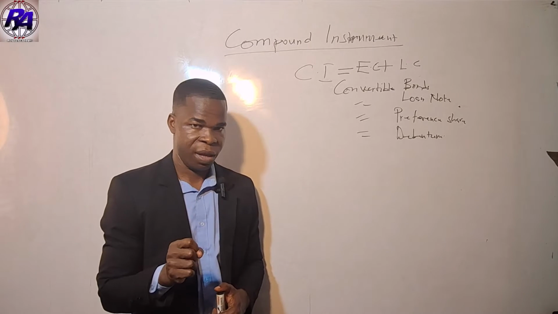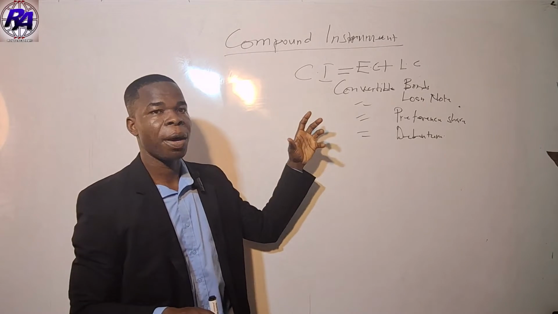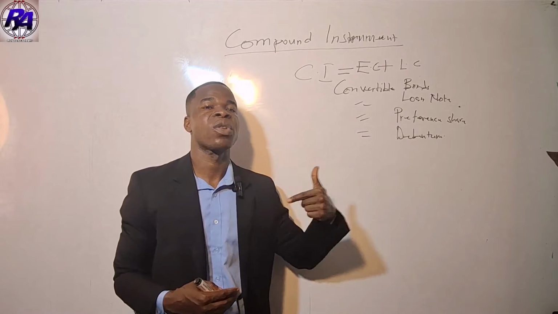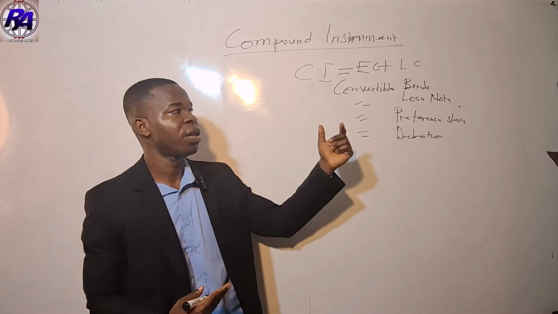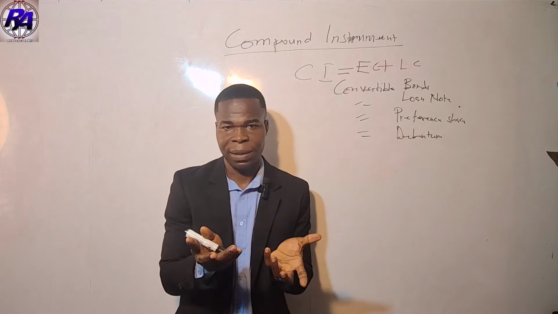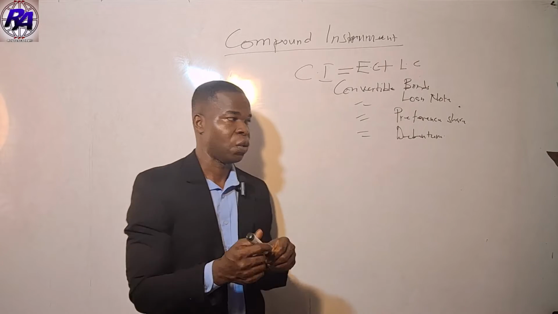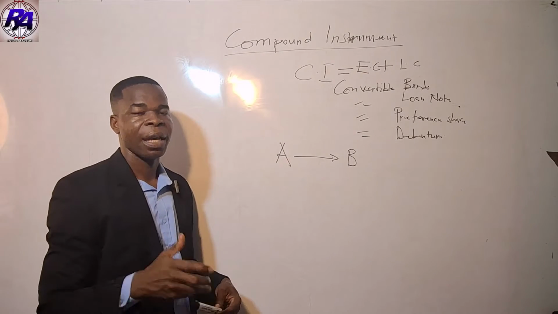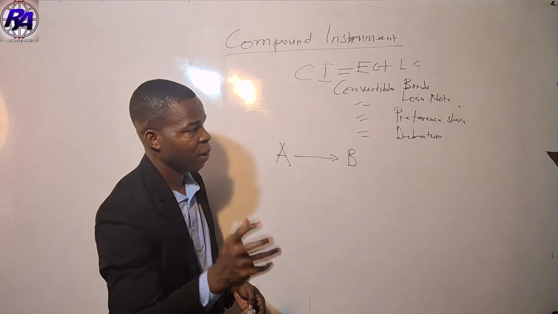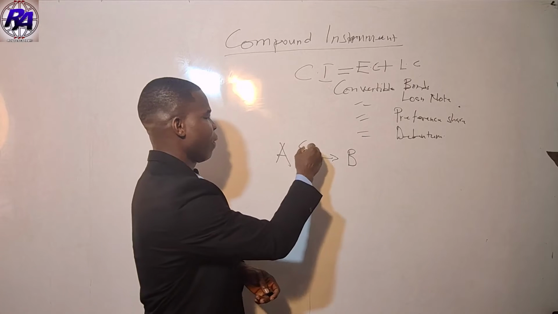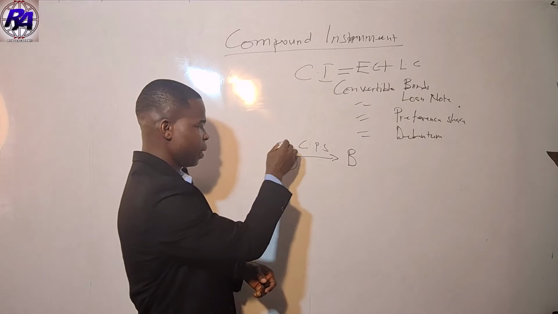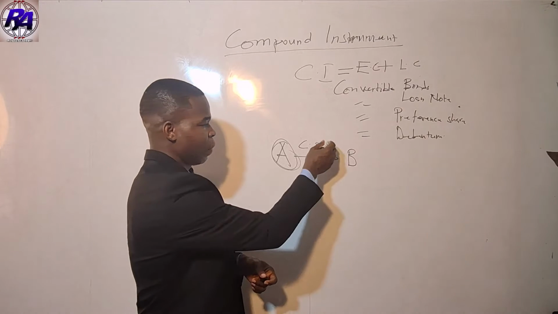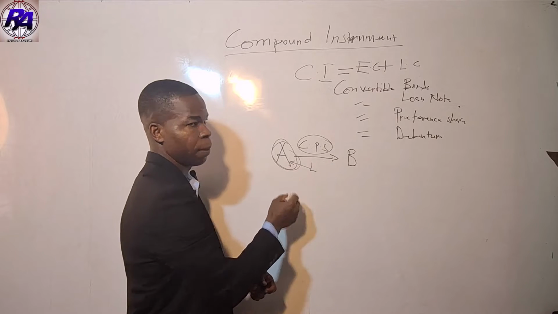Now you have to be careful here. The entity issues these compound instruments. The entity issues these convertible bonds. So they are seen as a liability. This is the idea behind compound instruments. So let's say for instance, A wants to raise money, and A is issuing a compound instrument. Let's be specific. Let's say convertible preference shares. What it means is that these convertible preference shares are issued, and since it is issued, if you remember our keywords to indicate a financial liability, then that means this whole thing is supposed to be seen as a liability to A. But